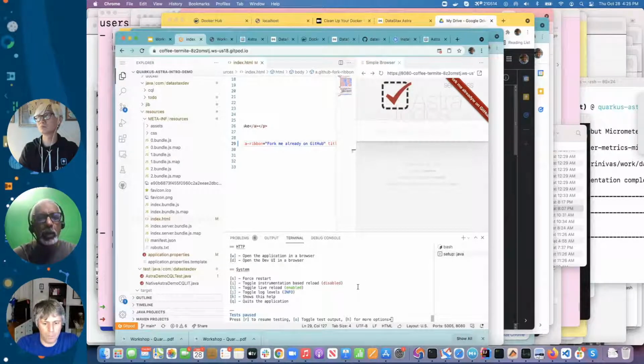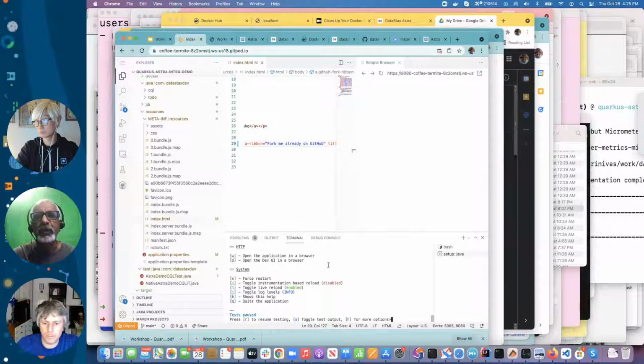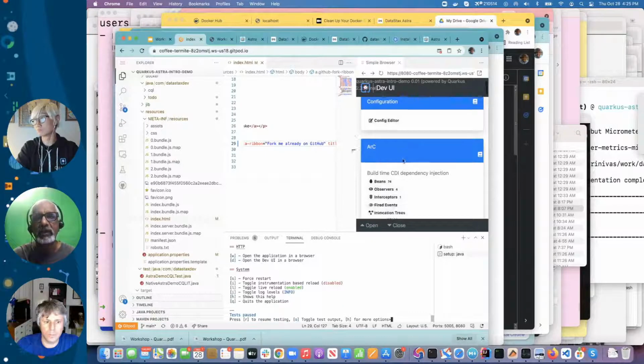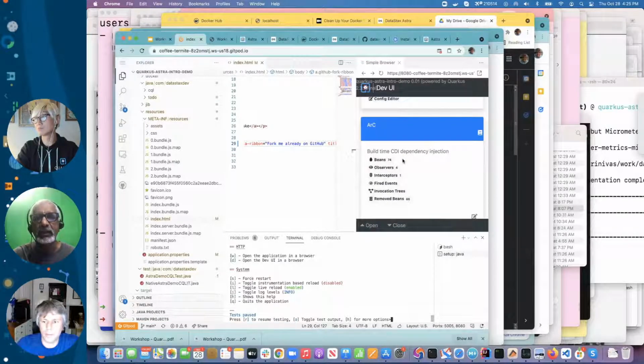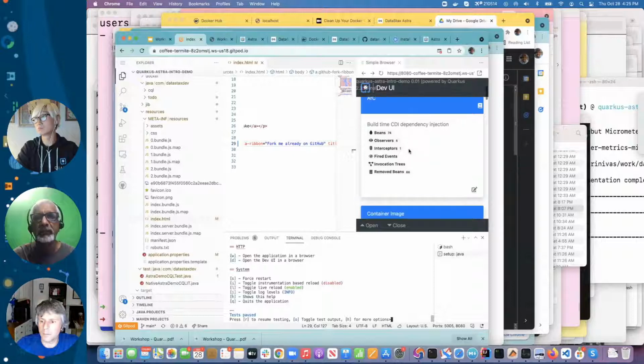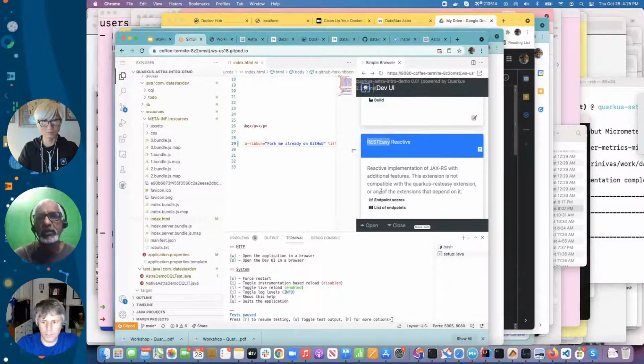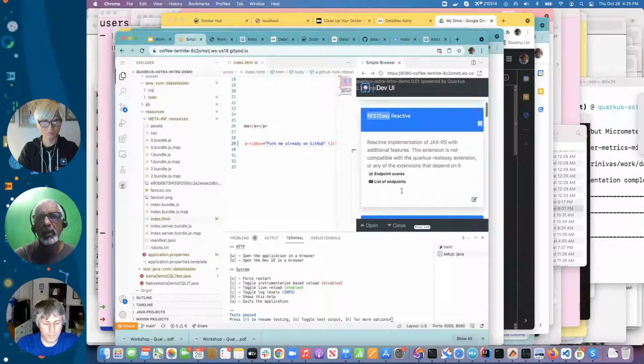Now you can open the dev UI, which gives you more information on Quarkus metrics. For example, this will give you everything related to Quarkus, like the different beans doing dependency injection. It's using what is referred to as RESTEasy Reactive. There was a REST classic, and there are other options as well. But now with the latest version of Quarkus, which is what we're using, 2.3.1, maybe one below,